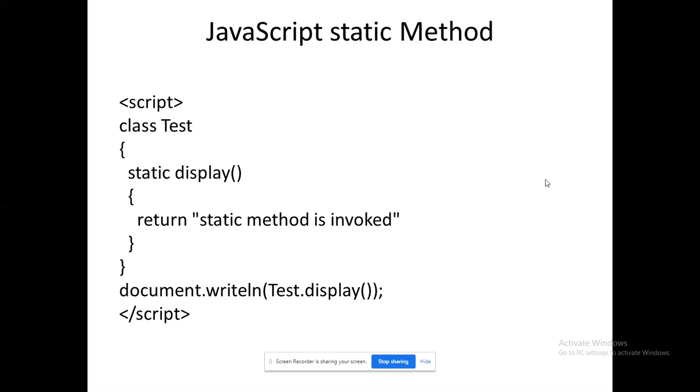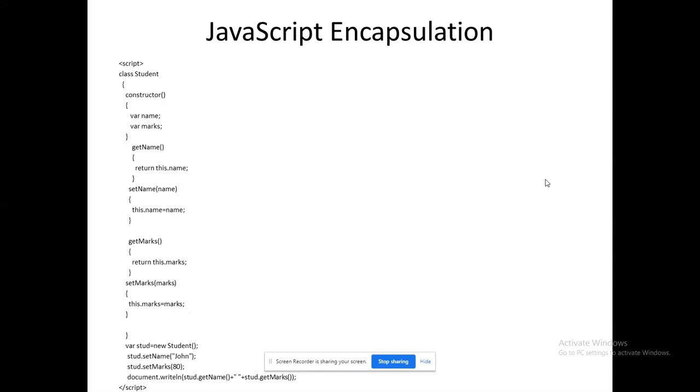Normally, whatever I am going to write within the class will be accessed using the object that I have created for the class. Instead of an object, here I am ready to access through the class name. So test.display is ready to invoke my static method, which is available inside the class. So that's the thing that I want to convey.